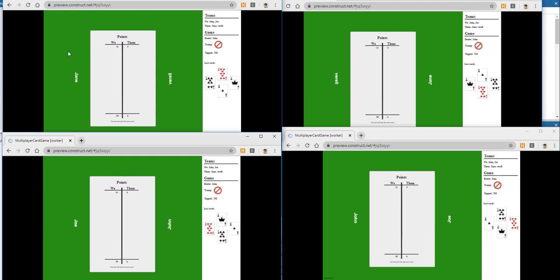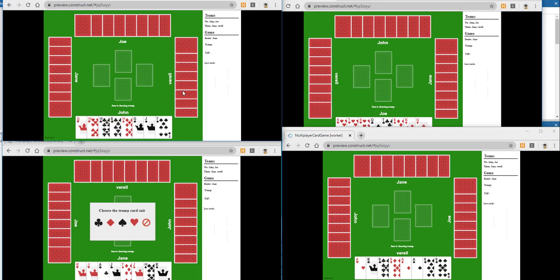Now every point is counted here, and the host, which is this player in this case, John, we have to click the dialogue, and then we go to a new game where the next player has to choose a trump card. So the last thing I want to mention before I go to the code is actually that